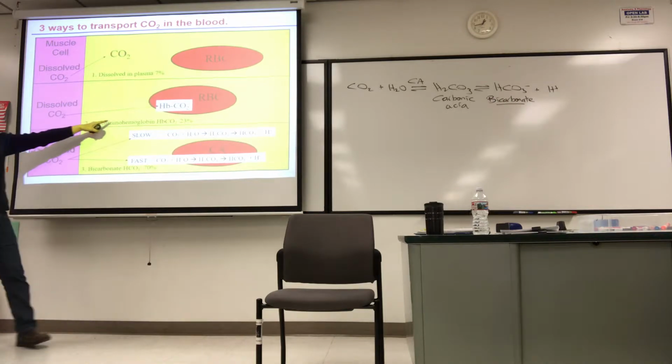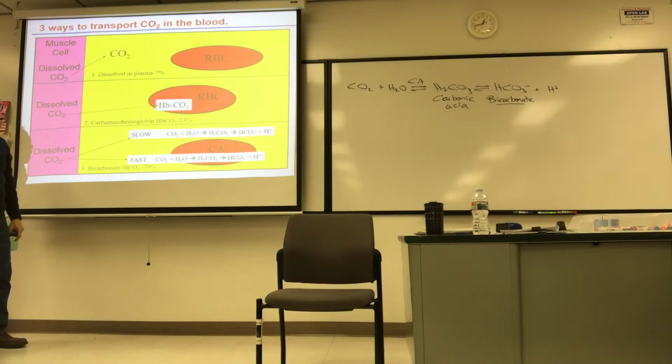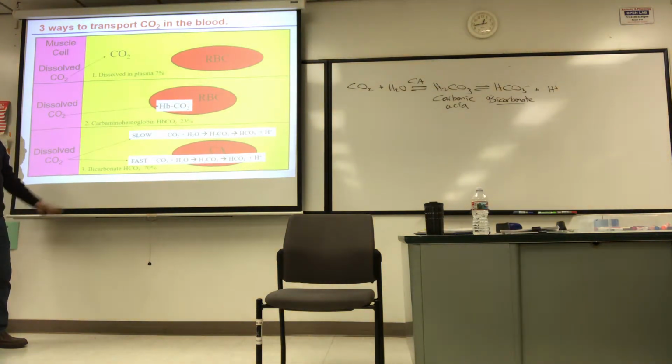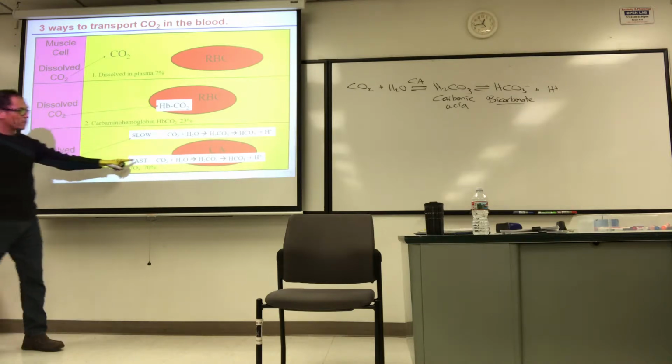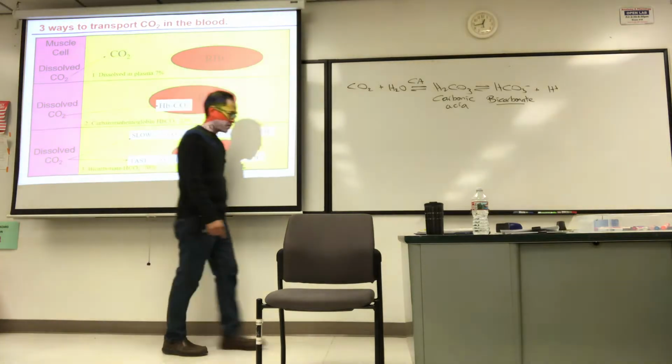Carbaminohemoglobin forms by binding the hemoglobin to the carbon dioxide. That's only 23%. This equation here is the predominant way the blood transports CO2 in the blood, in the form of bicarbonate. One thing about this carbaminohemoglobin, though,